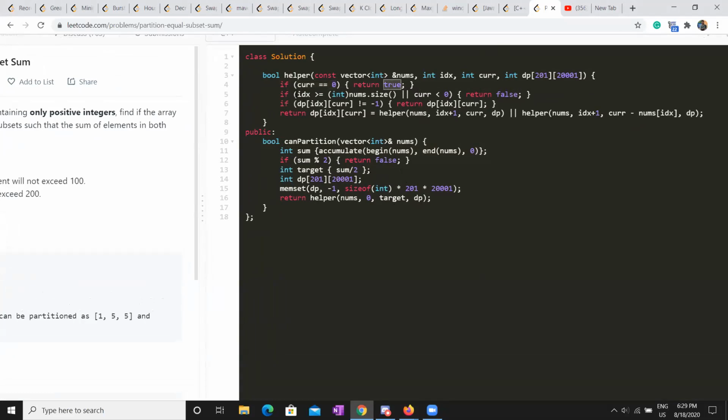If I have looked at all the elements, or I've gone beyond the limit, meaning it's negative, return false. Else it's inclusion and exclusion. First select this element; here we ignore the element. Here we select the element, and just keep exploring top to down.